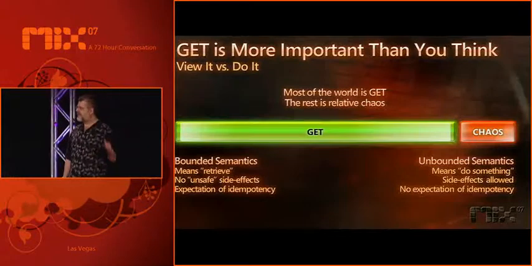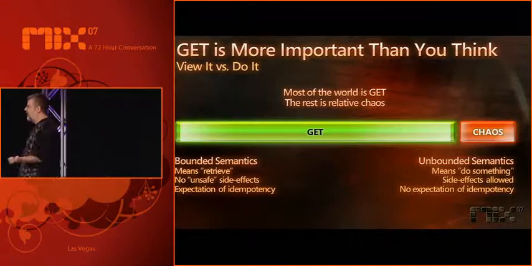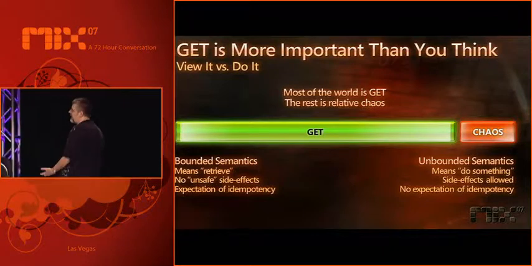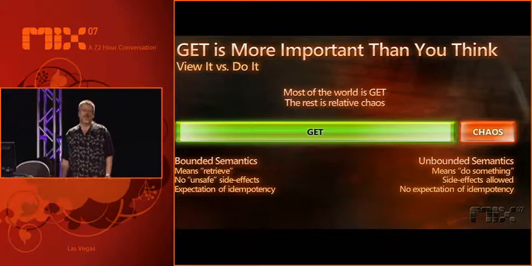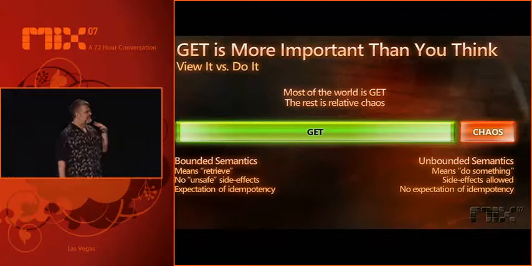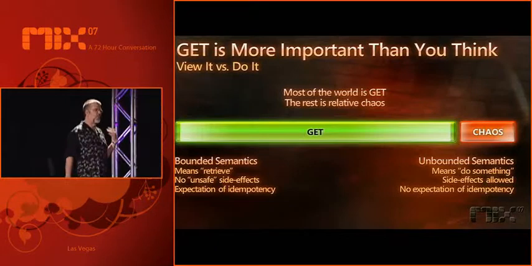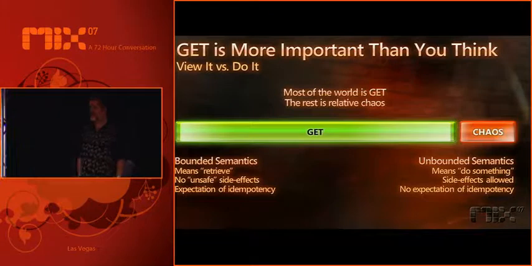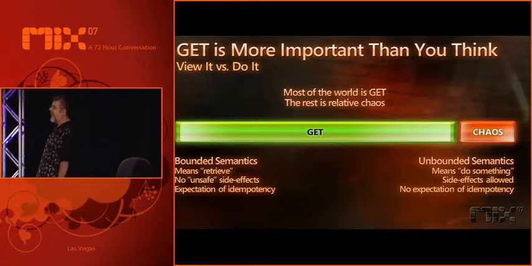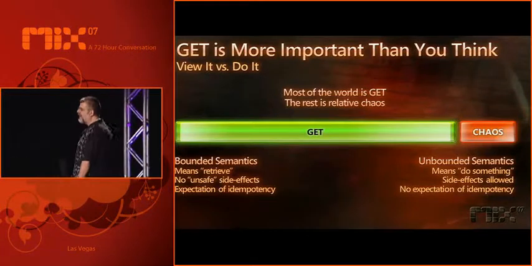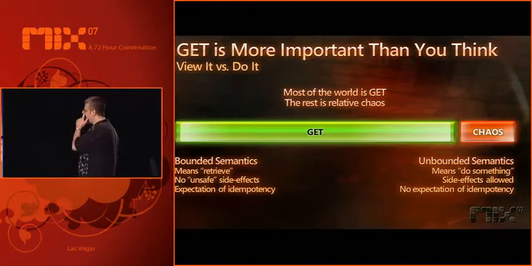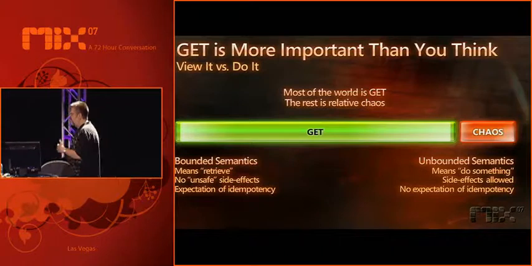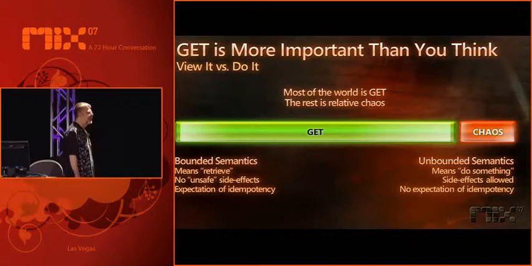So, we saw URI templates give us a great way to think about URI handling. The second of these ideas we need to make sure we all understand is that GET is more important than you think. If you look at the way the web actually works, the vast majority of the internet traffic that does HTTP is HTTP GET. A very small minority of the traffic is everything else. And acknowledging that GET is special is the first step towards understanding how to take advantage of this stuff.